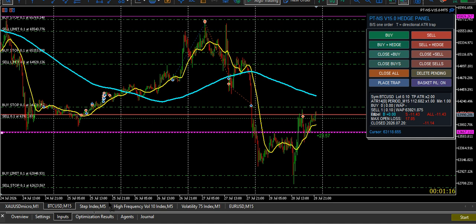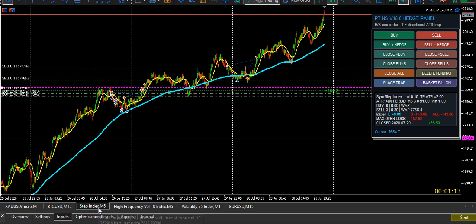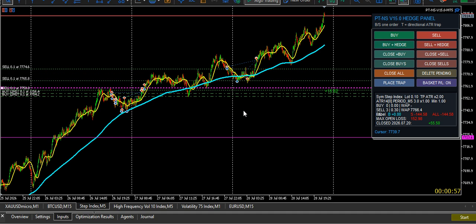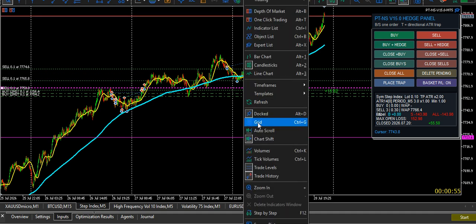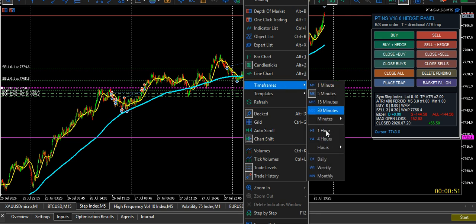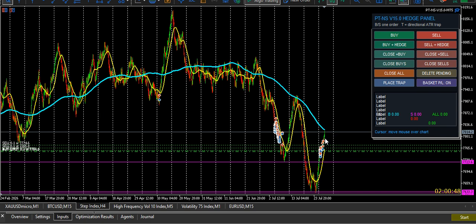That's BTC. Let's look at Step. Step is in a runaway mode. You can see there, I must actually rescue it, but it just keeps on running. And it's $1.43 if you look at cents, and it's $143 on a 10,000 account. There's nothing at the top there. Let's just look at a daily chart to see if there's anything close by.